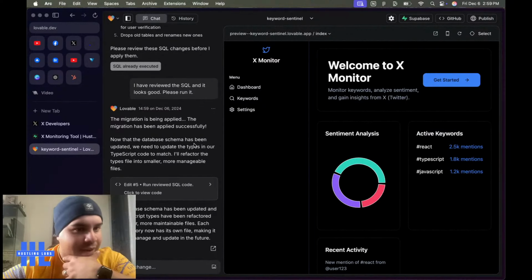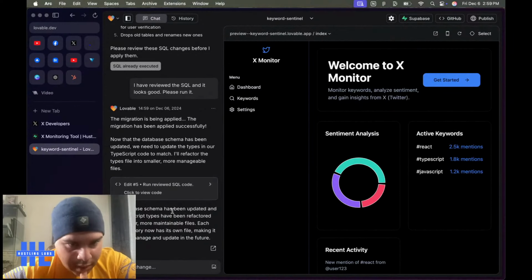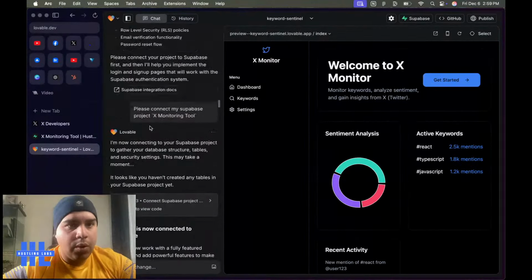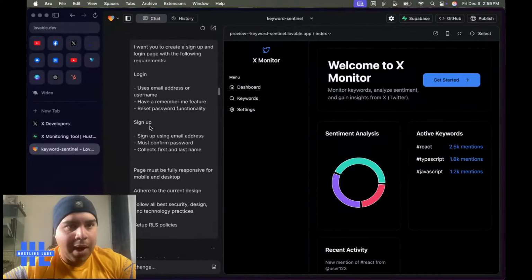It will refactor the types file into smaller, more manageable files. The schema has been updated and the TypeScript has been refactored into smaller files for each type category, making it easier to manage and update in the future. All right, that's cool. What we're going to do is go back to my prompt